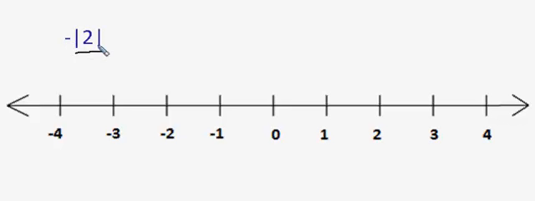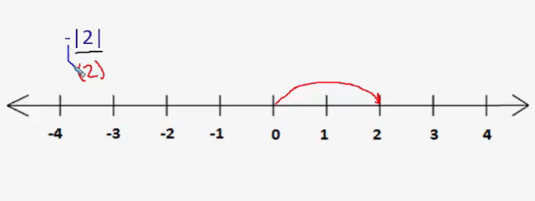The absolute value of 2 could be described as follows. The 2 inside the absolute values, you could think of as the number 2 being 2 units to the right of 0, so we're here. The absolute value symbols, by definition, are the distance that number is from 0. The number 2 is 2 units from 0, so that piece comes out to be the number 2. And if the absolute value of 2 is 2, we're done with that part of the problem, but don't forget